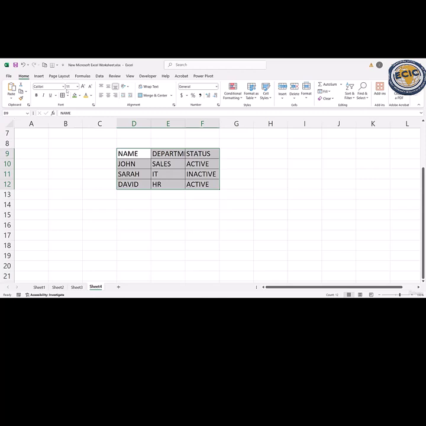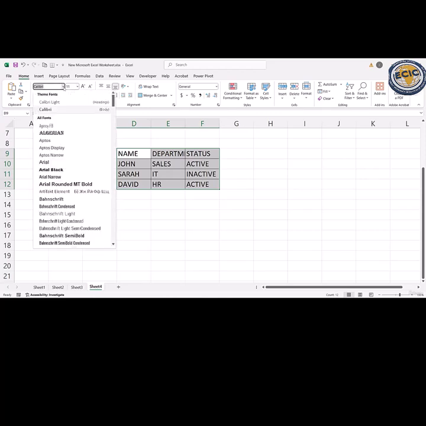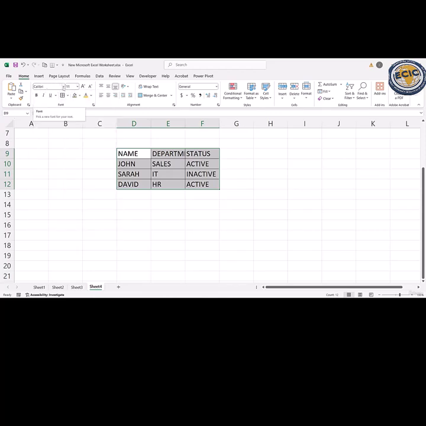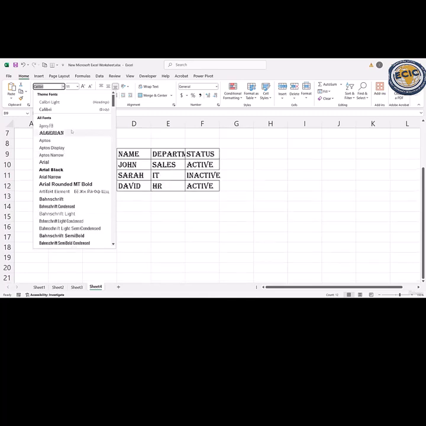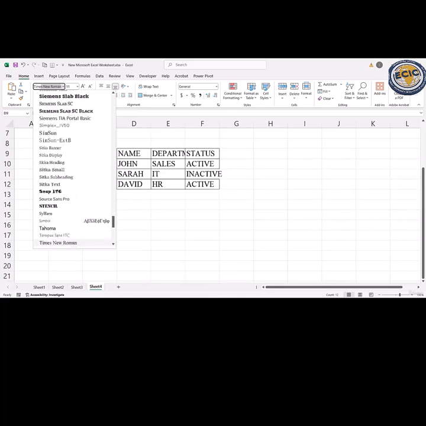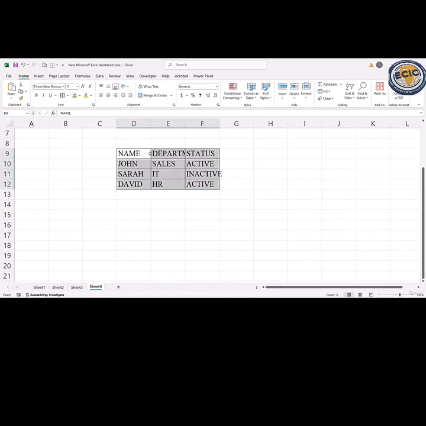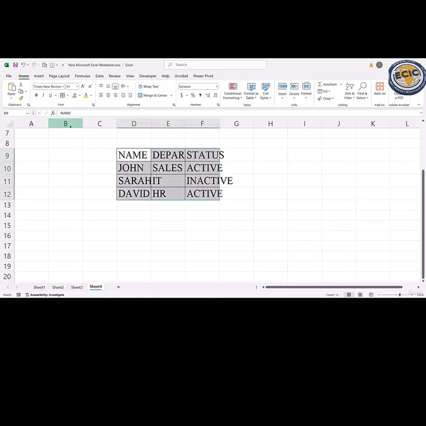And now the point of changing the font style. So at first you have to select your dataset, and then I will go to the font type section. Here under the Home tab, here is the font section. So if I click here, then you will find various font options, and I will select Times New Roman. So if I select this, then the font actually changed. Now I will change the font size. Like if I select, then if I click OK,